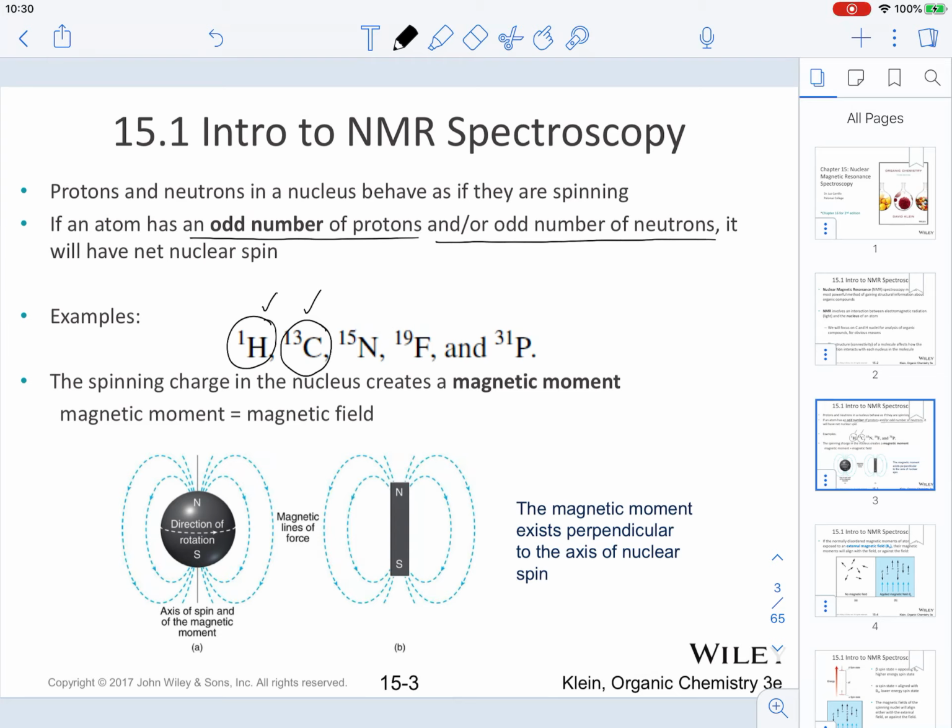specifically, you're going to have a magnetic field created that exists perpendicular to the axis of nuclear spin. As you can see illustrated at the bottom of the slide, this shows how the rotation of your moving charge in the nucleus creates a magnetic field, which is designated by the dotted arrows. Now,